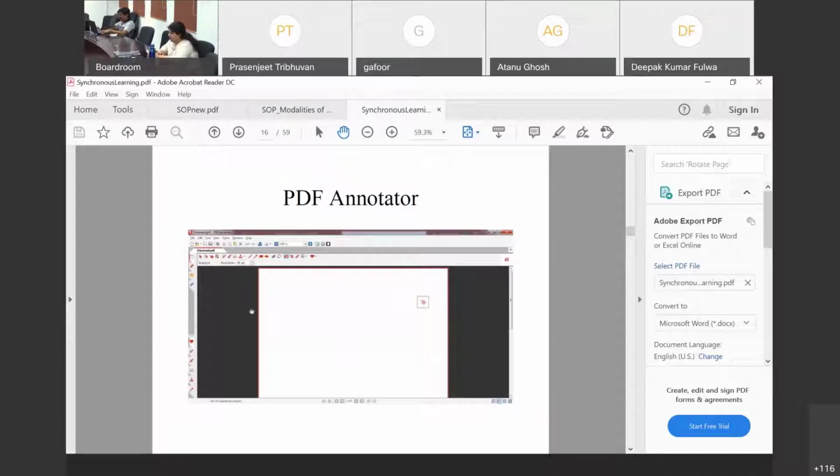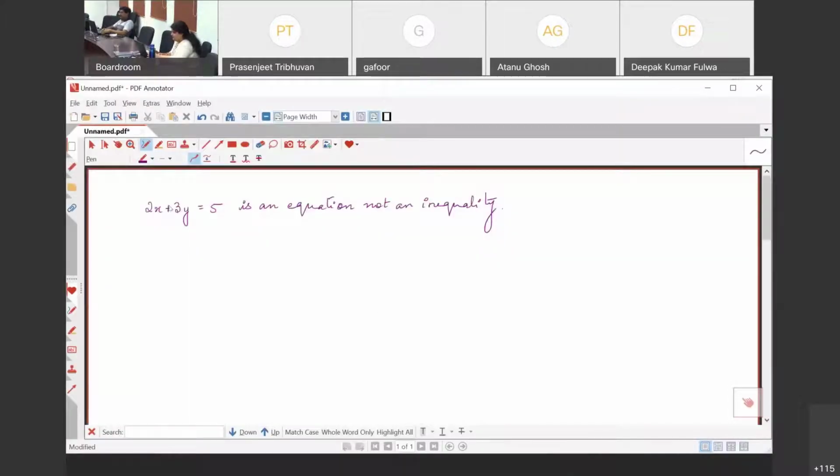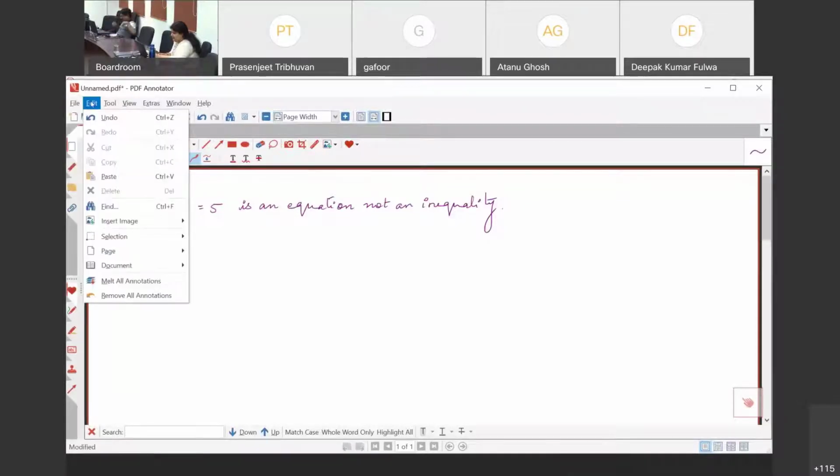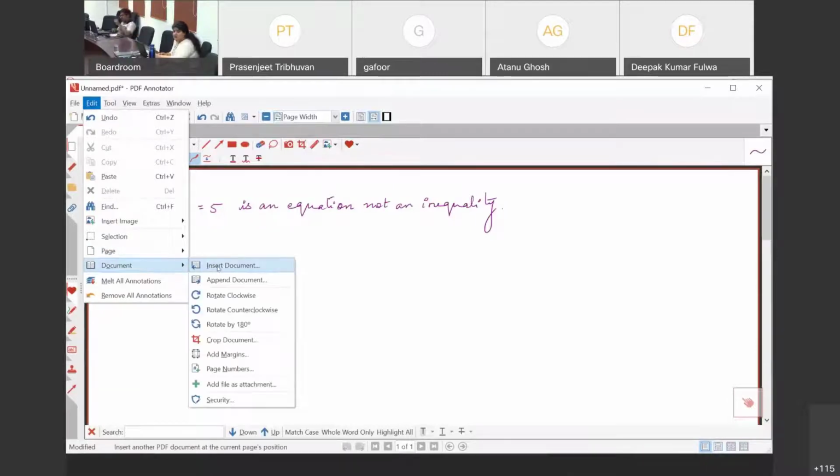So PDF Annotator, the features are in this. If you go to the edit, you will see document, insert document. So insert document is something like you can insert a page or insert a document.